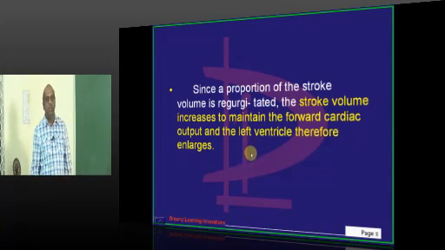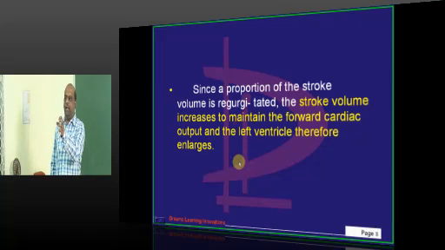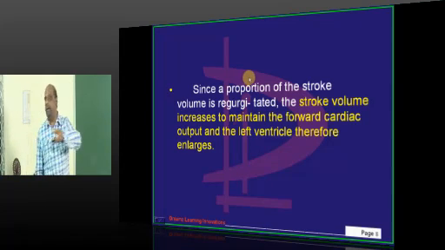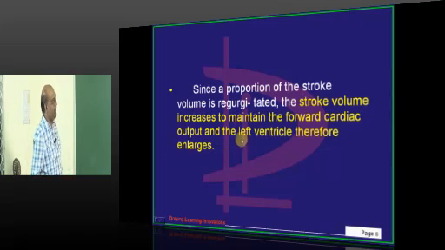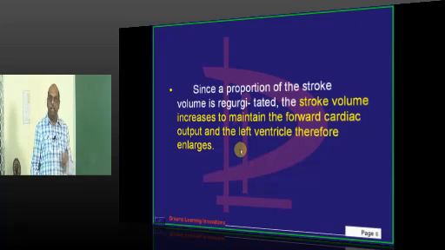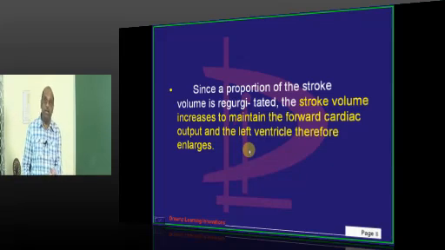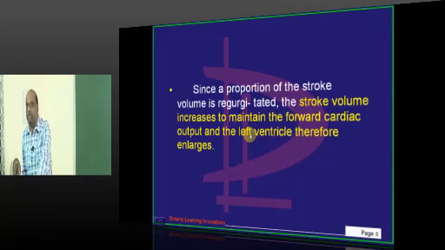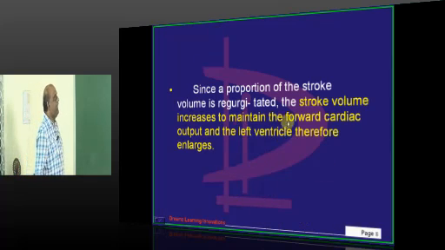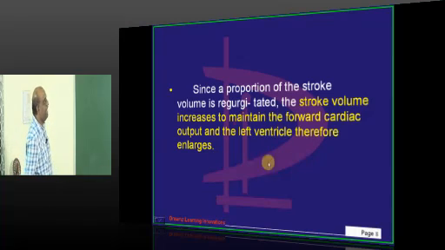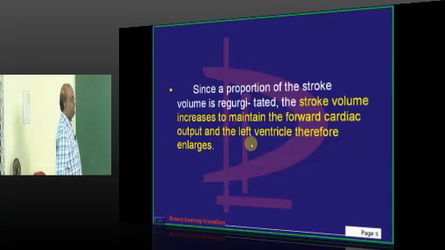Now, since the left ventricle's forward flow into the aorta got stolen by this regurgitation, what will happen? Next time, when the ventricle gets filled, it gets the regular venous return plus this regurgitant blood together, which will once more enter into the left ventricle. So that is the reason, what will happen, doctor? The stroke volume of the left ventricle will typically increase in these people.